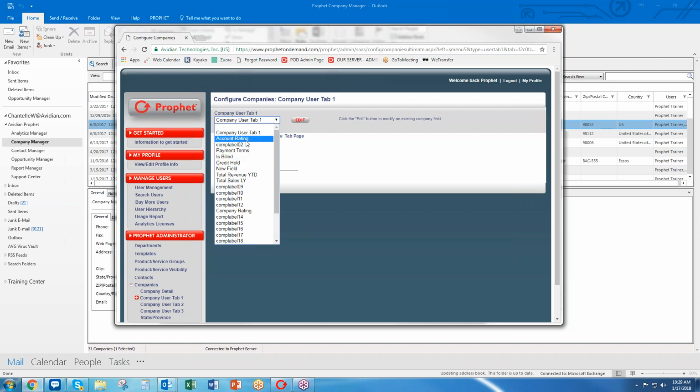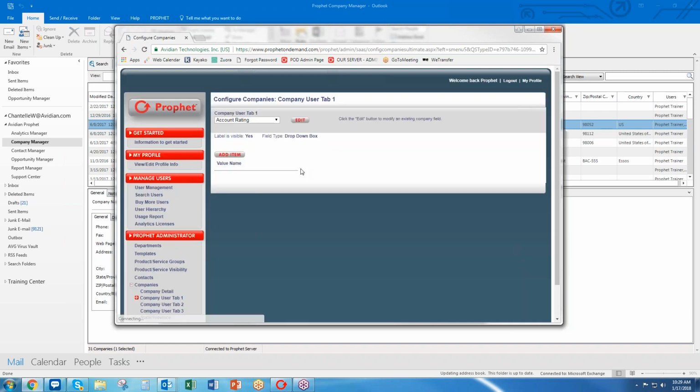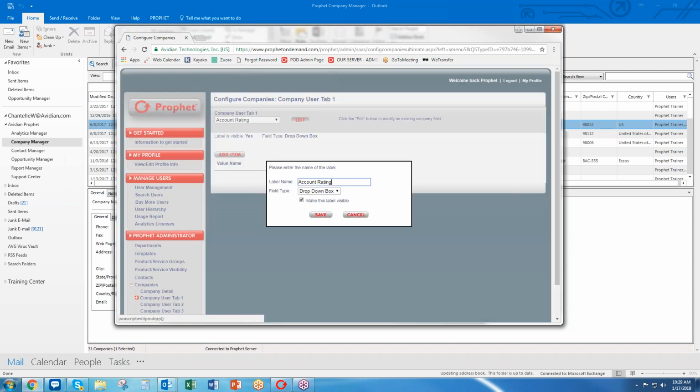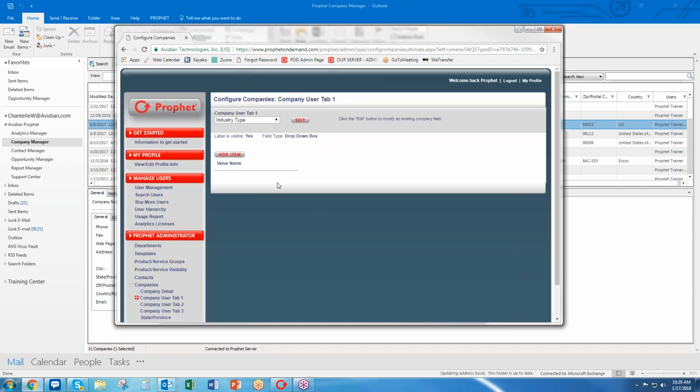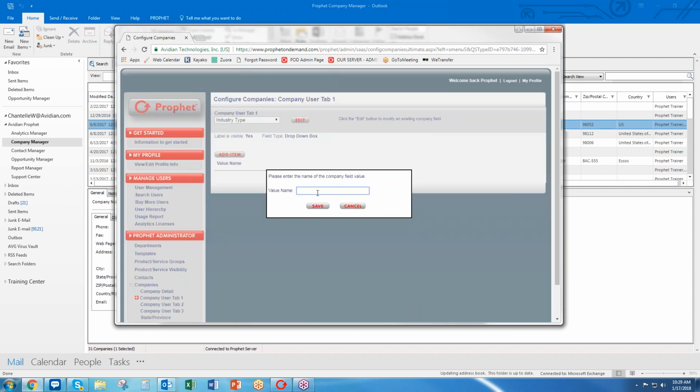So let's say that I wanted to change account rating to company industry, industry type. This is where you can select the field type, so I can make this a drop down, a text box, or a date field. I want this to be a drop down, so I hit save, and then I can add in my drop down values. I can click add here, and I'm going to say